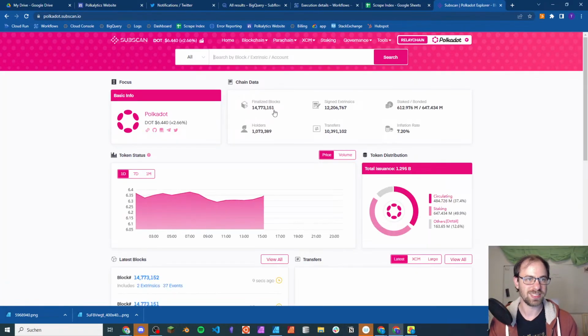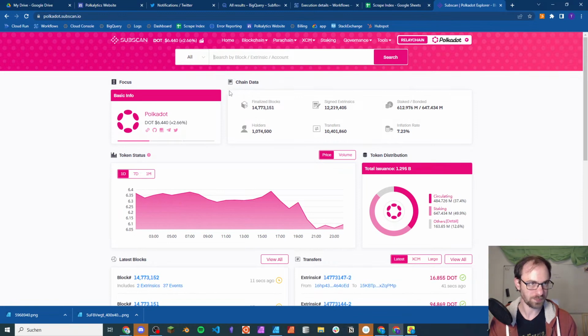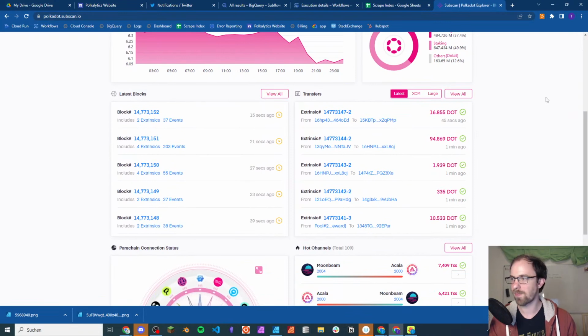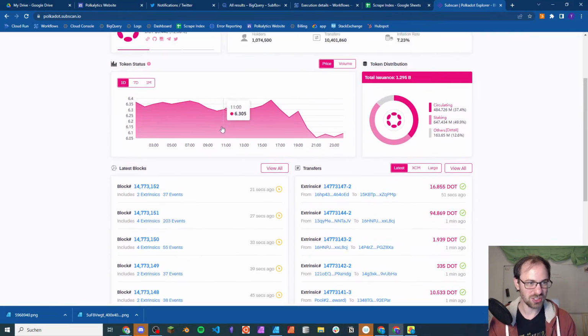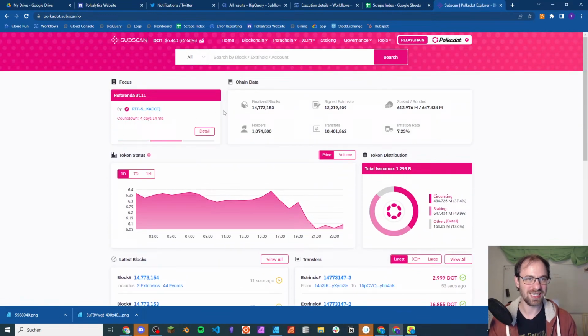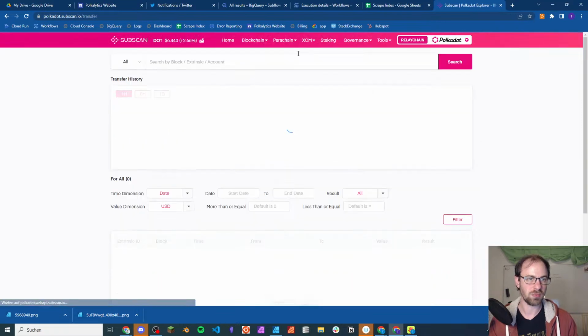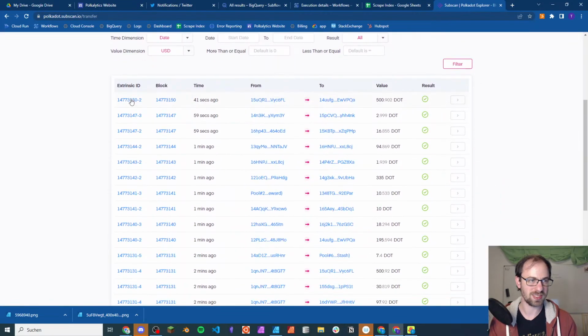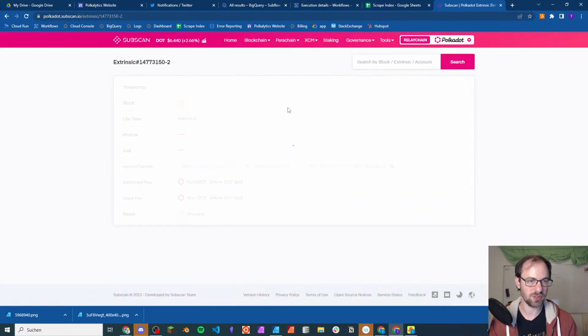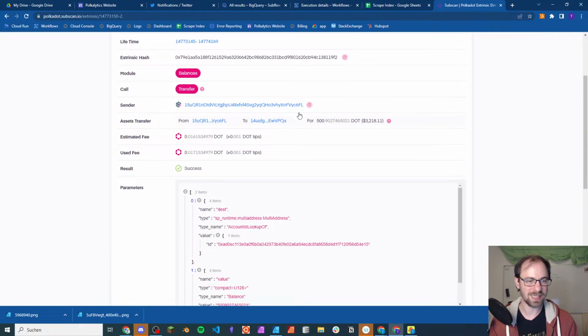So for example, on Subscan you can see all the extrinsics, all the calls, all the events that were happening. And so what I'm interested in is actually seeing how a transfer is working. So I'm just digging around the Subscan, I'm picking a random transfer and analyzing a little bit how a transfer